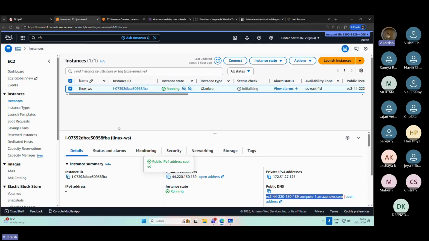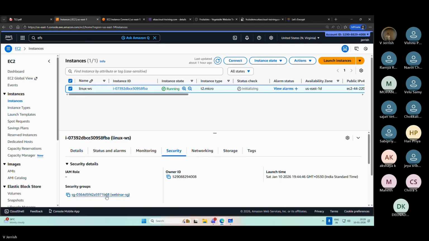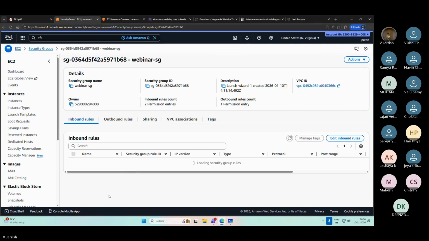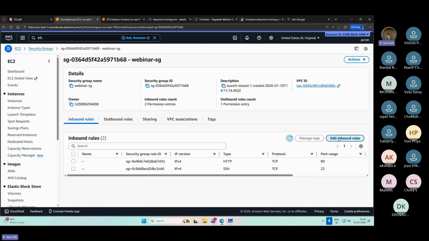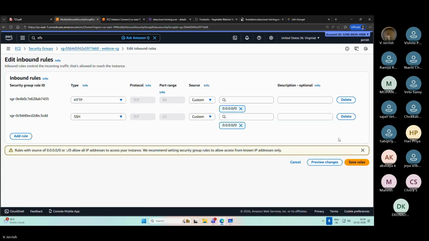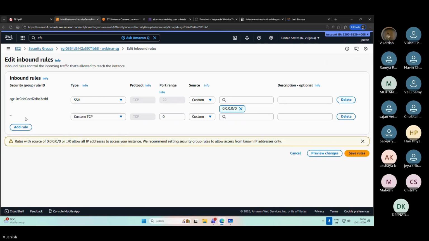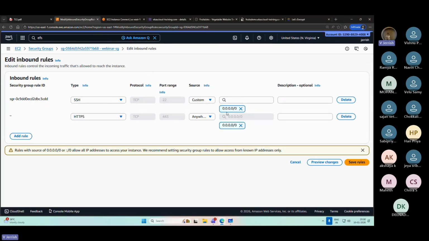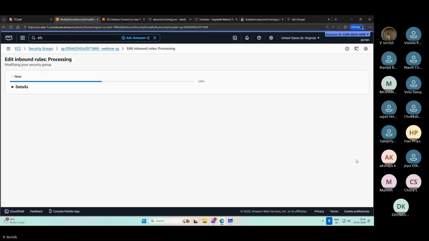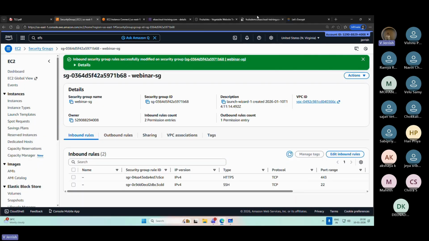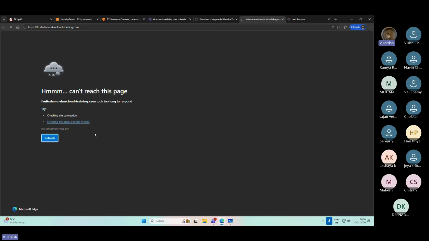So I go to the security tab. I go to this webinar security group. At the time of launching this server today, we allowed only HTTP. Now I don't need HTTP anymore. I'll change this to HTTPS because we configured the HTTPS service within the OS. Now the port number is not 80, it is 443, and I am allowing from anywhere, and I say that's it. Now after this, again, if you do a refresh, this time,